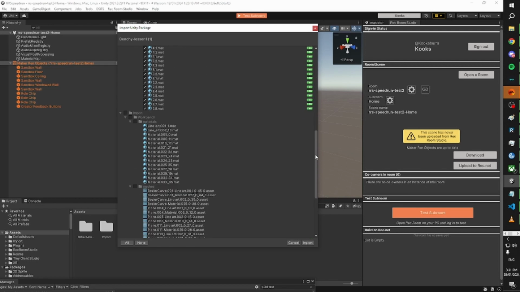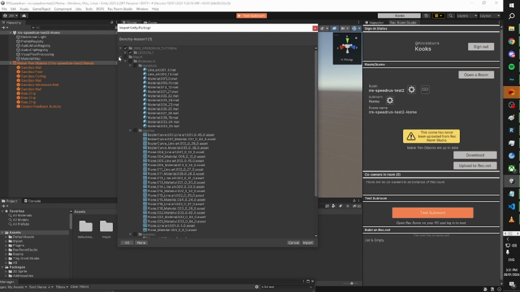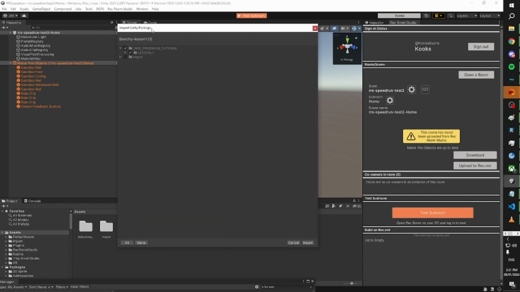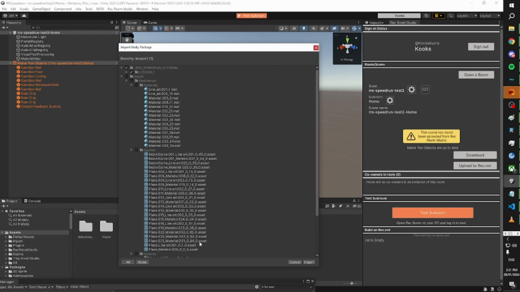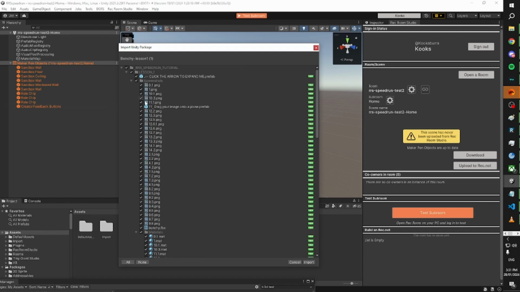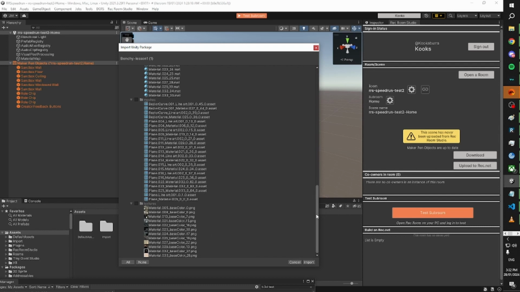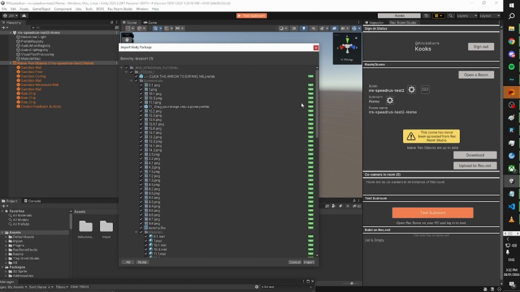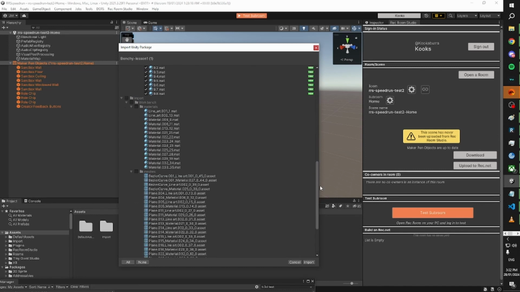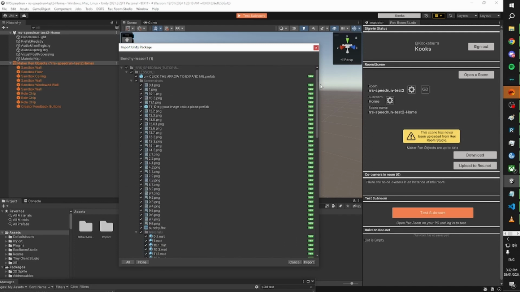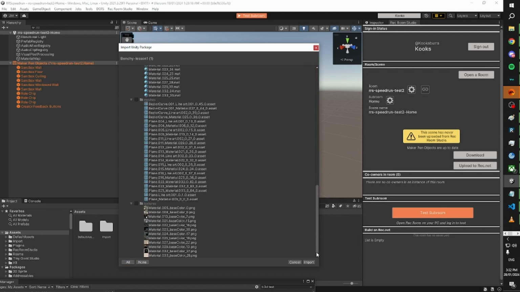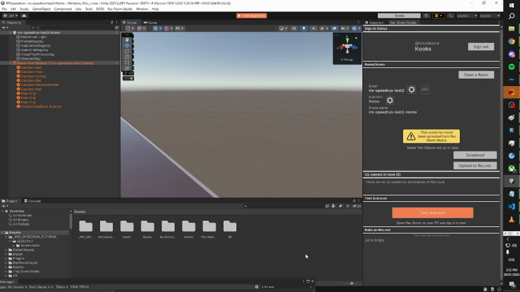Now this is something to keep an eye on when you import packages. I put this one together myself, so I know what's in it. But when you import packages from other places, like for example the asset store, if you're only after a specific thing from it, this manifest will show you everything that's in here, and will let you check or uncheck different elements of the package that you may or may not want. But in this case, we want everything. Now, some of these are auto unhighlighted. That will happen if there are things in your package that you already have. But for the sake of the exercise, I'll say all. Now, if we go ahead and import our things here,